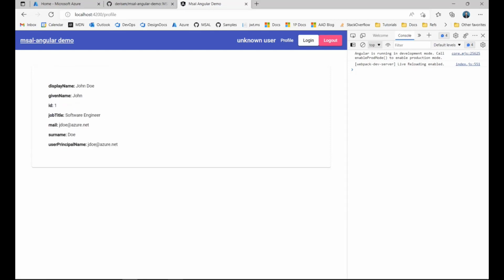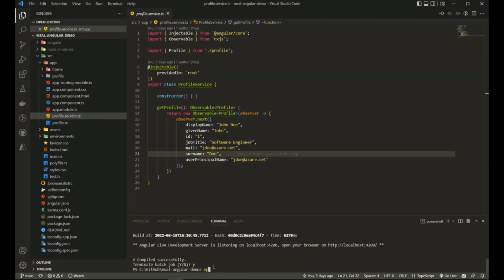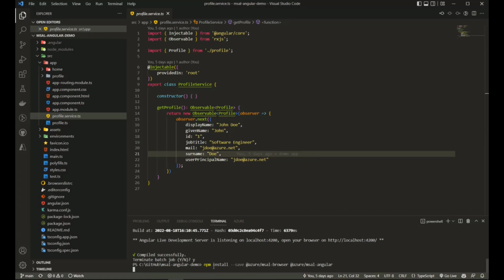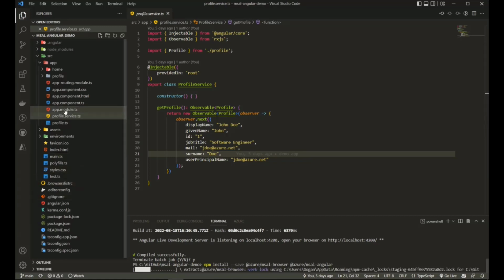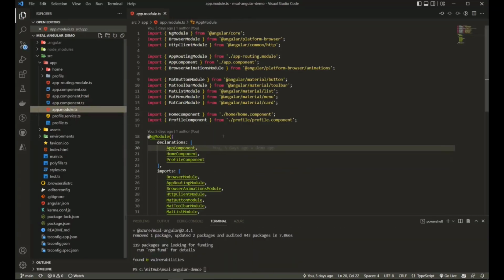So let's go ahead and step by step add authentication to this. I'll terminate this, and I'll begin by importing our dependencies. That'll be MSAL browser and MSAL Angular. And while this is happening, let's go to our app module.